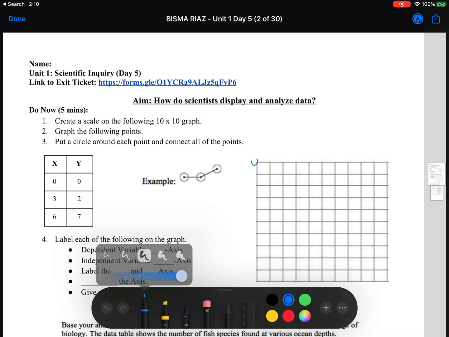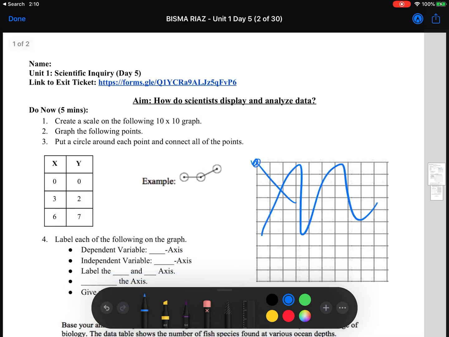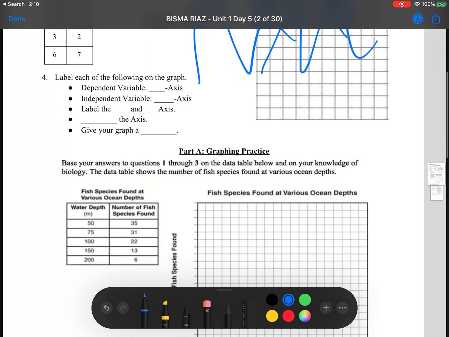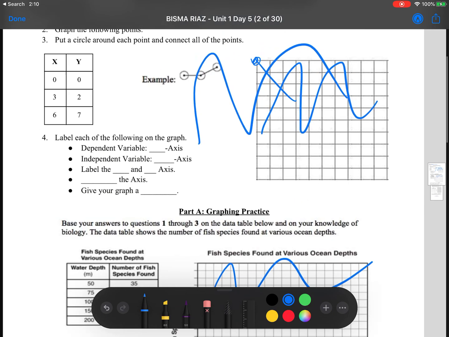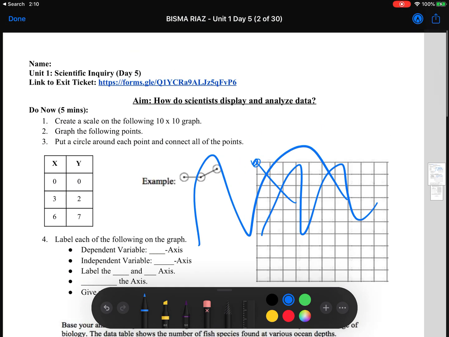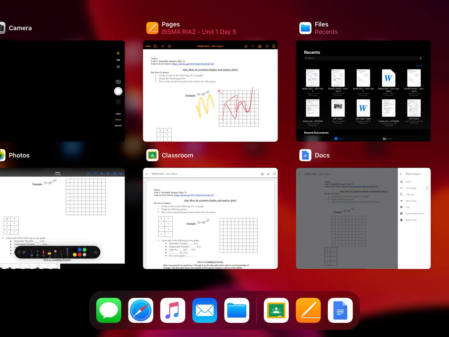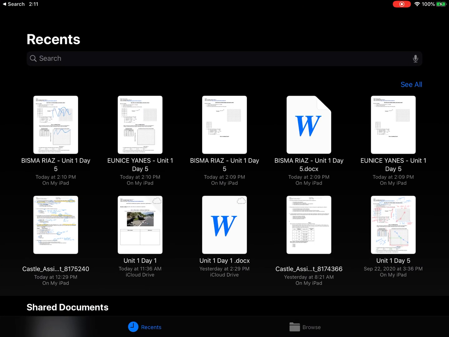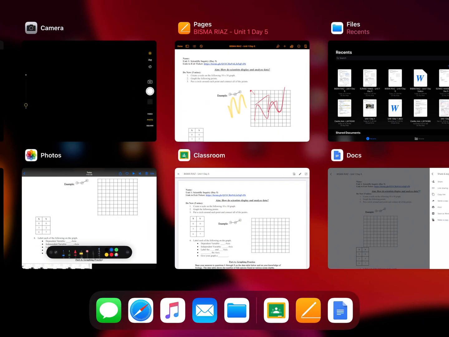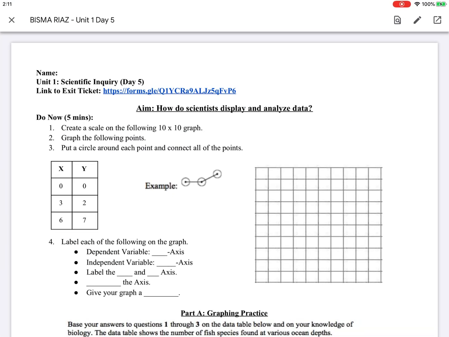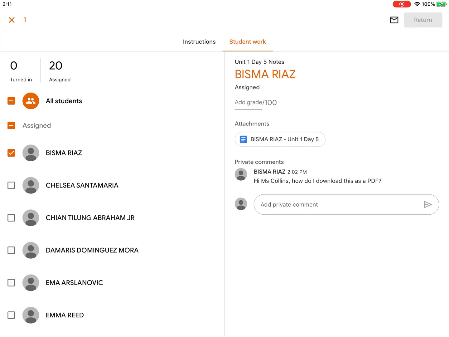So you can still do the same thing. You can draw on your screen, make your lines, fill everything in, etc. Okay? So that is how you access your document as either a PDF or a Word document. And then you should be able to then directly upload those documents back onto Google Classroom to receive credit for today's notes. All right, if anyone's having any trouble with that or has any additional